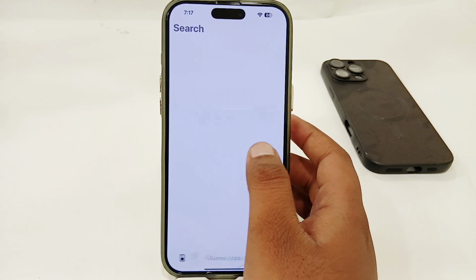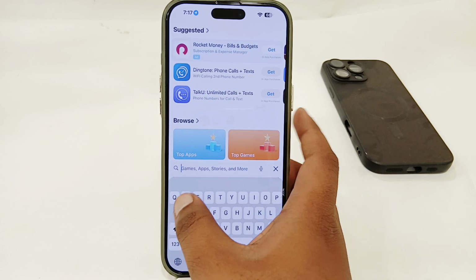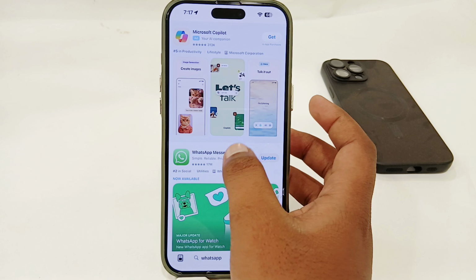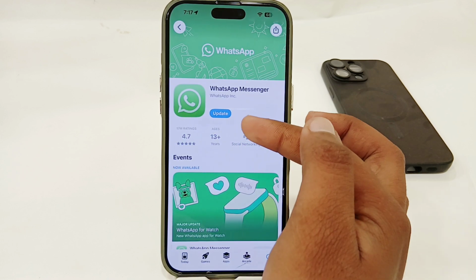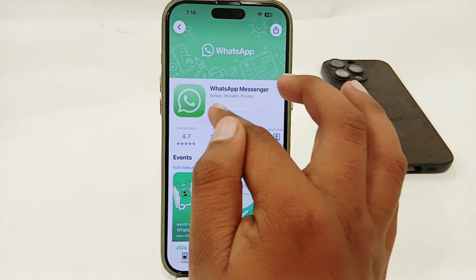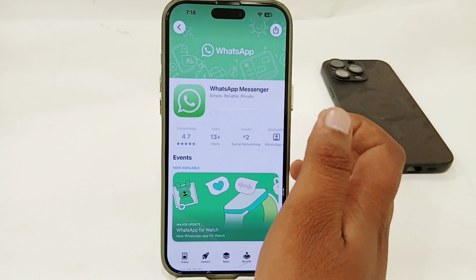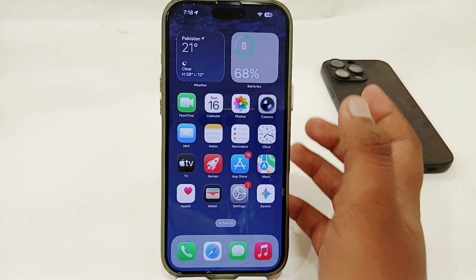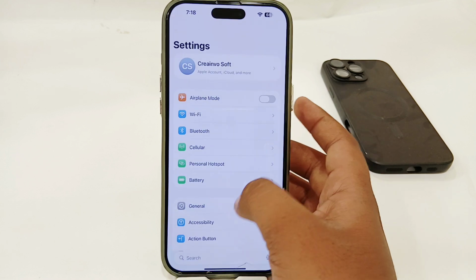So open your App Store or Play Store. Here you have to simply search for WhatsApp and make sure that you don't have any pending update for your WhatsApp app. If you find any pending update, try to update your WhatsApp app, and after updating, your issue will be fixed. Or if it's still not fixed, you just have to open your Settings app here, tap